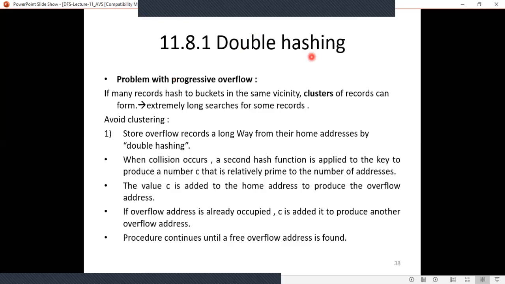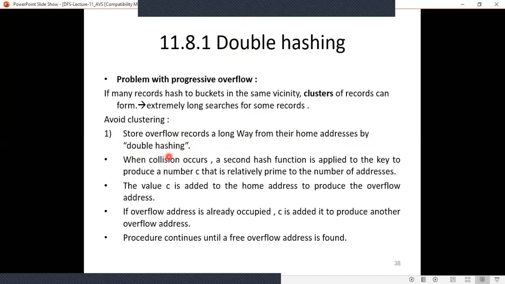Now what are we doing in double hashing? Why is it called double hashing? We store overflow records a long way from their home addresses by double hashing.